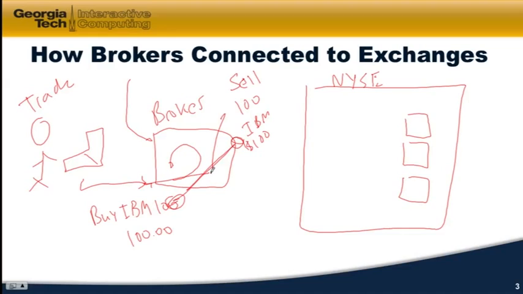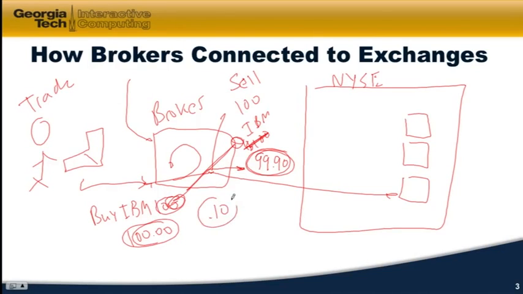Why don't they send it to the exchange? Well, for one reason, it costs them money to have the exchange execute the order. The other is sometimes they're able to make some money. For instance, what if the person who's selling IBM is quite happy to sell it at $99.90? Well, the broker pays them $99.90 for those shares. Then they sell them to you at $100, and they make 10 cents. And they didn't have to do anything but facilitate this trade. So that's an important thing to know